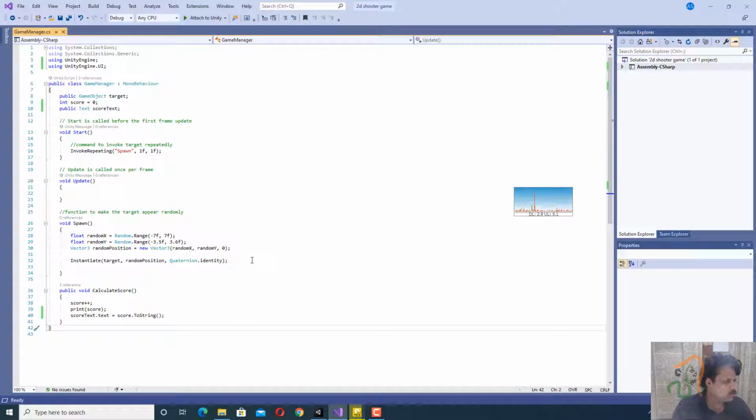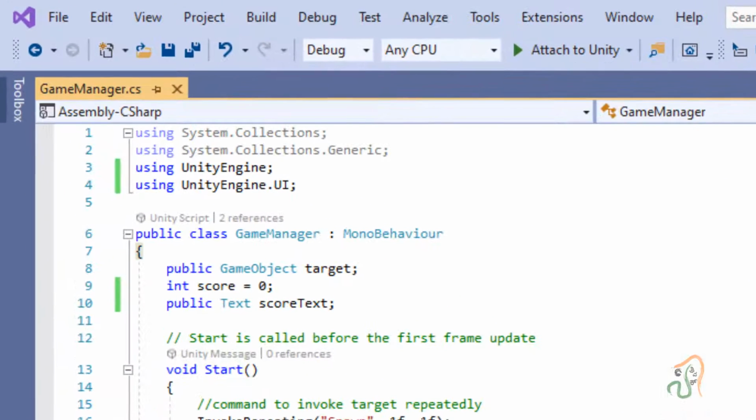Now we have to add a condition here, so that once the user hits 10 targets or scores 10, then automatically the game should show you have won. To do this, first of all, we have to check the status, whether the user has won the game or not. To test this, we are going to add a new variable.